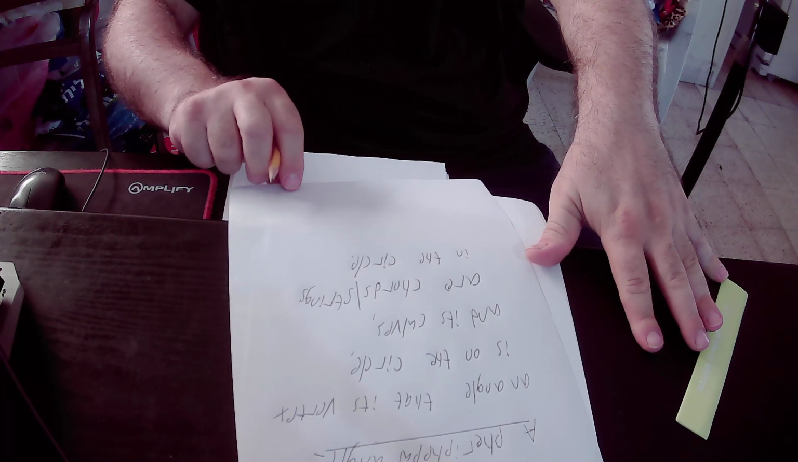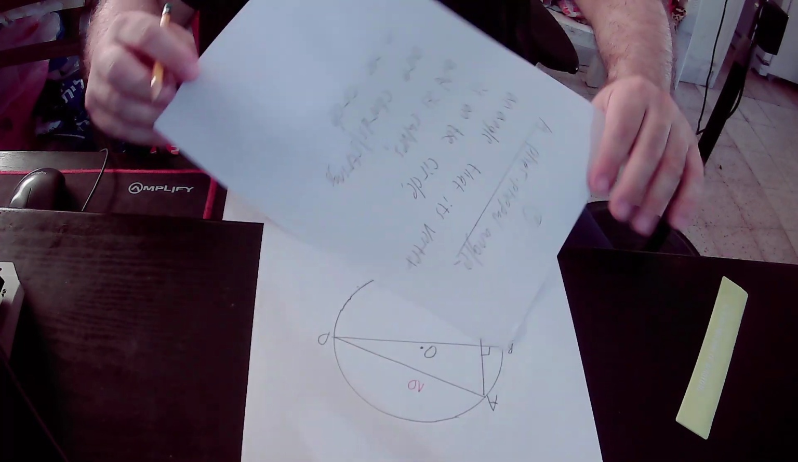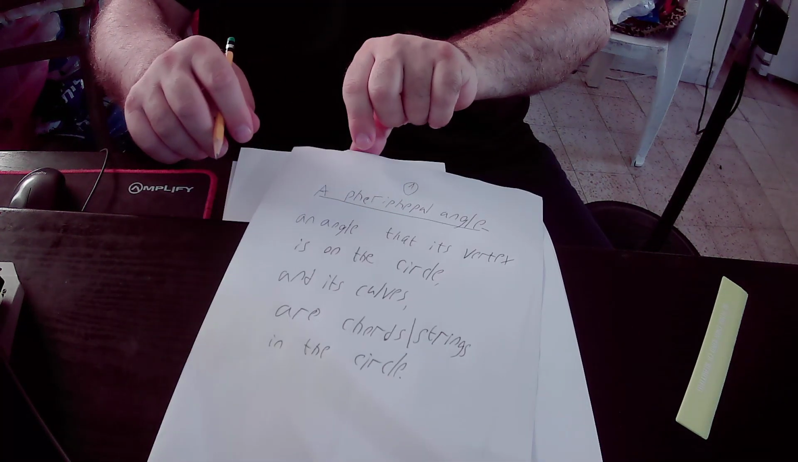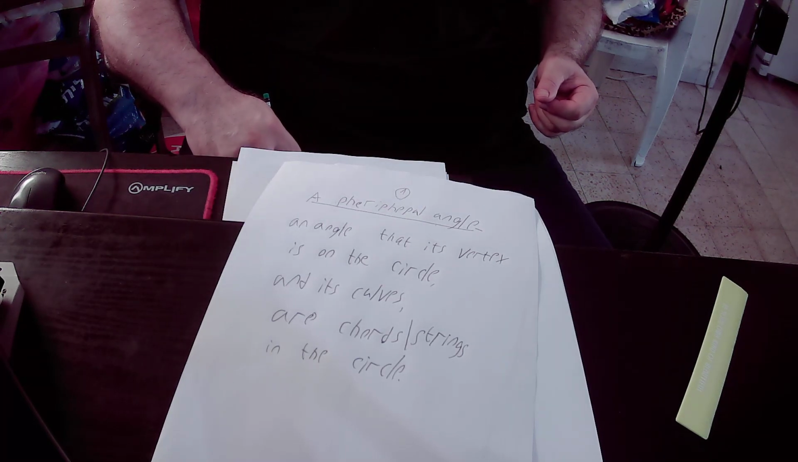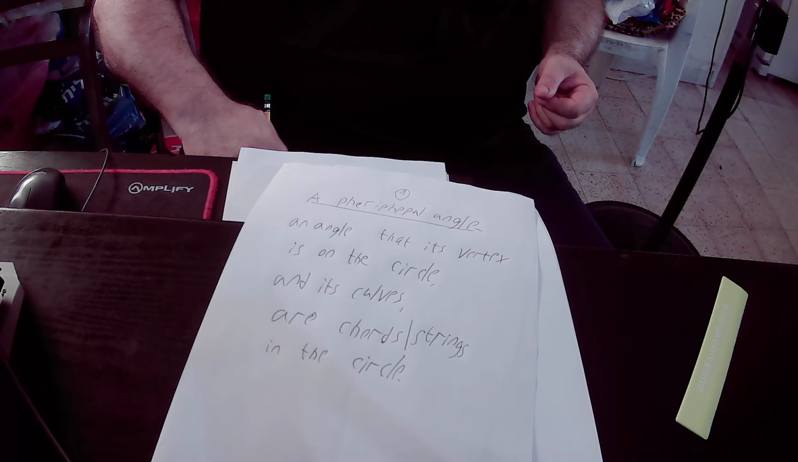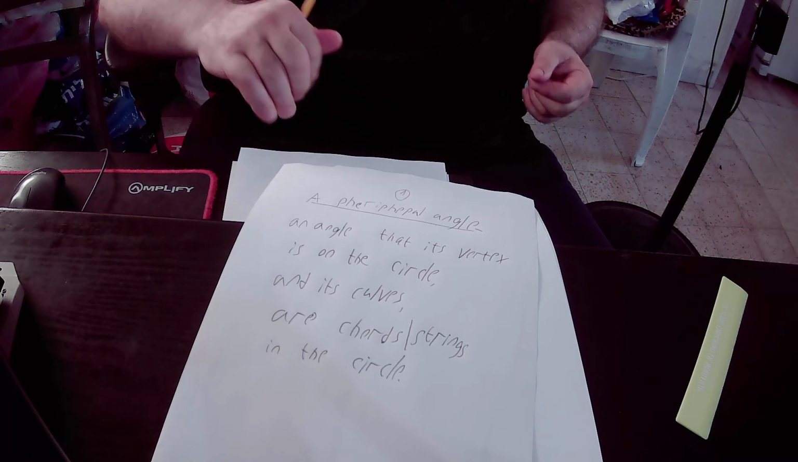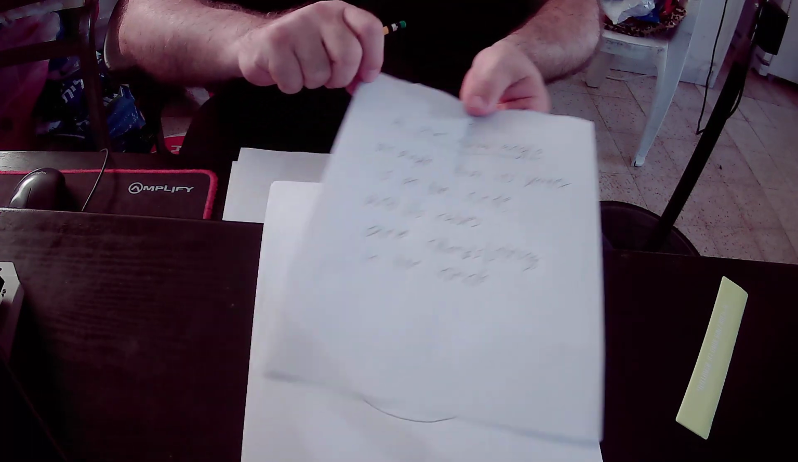So I will read the definition of a peripheral angle. A peripheral angle is an angle that its vertex is on the circle and its curves are chords or strings in the circle. So, for example,